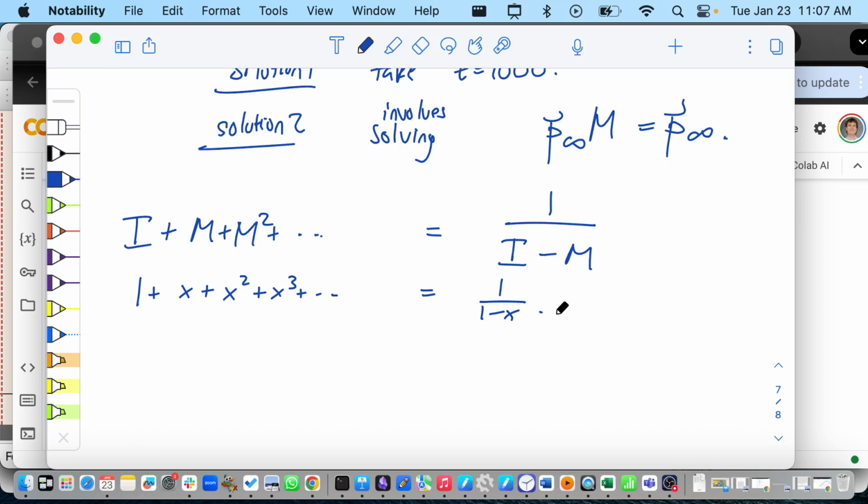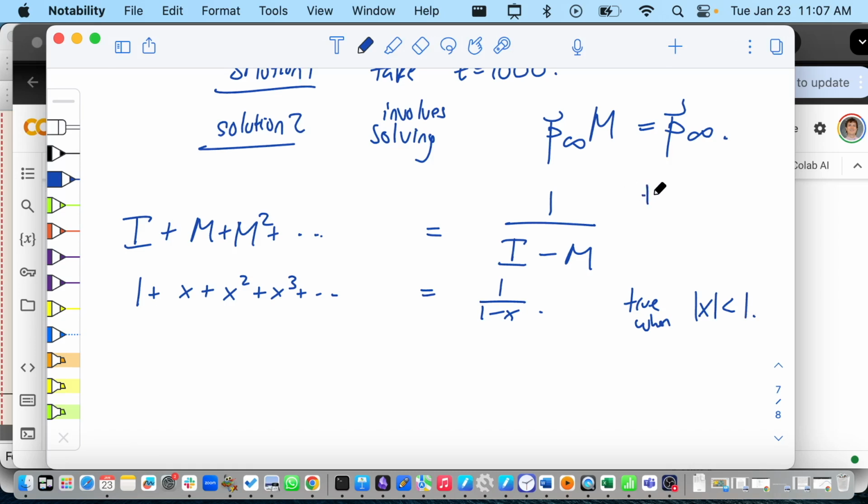Question here, though. Is the geometric series always true because this is a matrix of probabilities and it's all below 1? Yeah, you're exactly thinking the right thing. So let me say why this is true. This is true when the absolute value of x is less than 1, right? If the absolute value of x as a number is less than 1, then this will actually be true as sums. This infinite sum will converge and it'll be equal to this number.